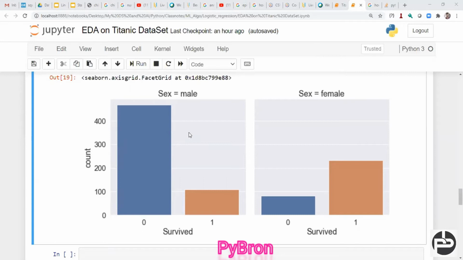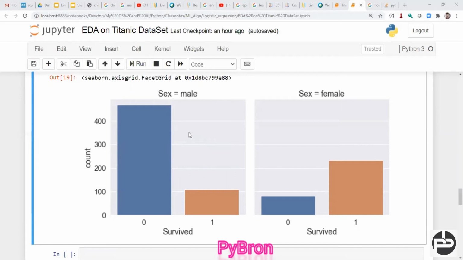But with this graph I am coming to the null accuracy. If any person randomly comes to ask that this passenger ID is 711 and whether he or she got survived or not, you will ask one question, whether she is male or female. If it is female, then I can say 80 or 90% chance is there she might be survived, right? Because this graph is saying so. But if he tells me no, he is a male, then I have to think about that, because null accuracy is saying that among those who survived, the female numbers are very high, right? Hope you understood this concept, right?